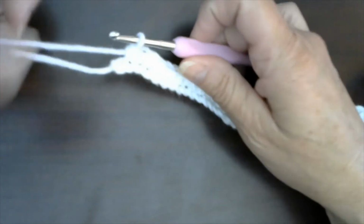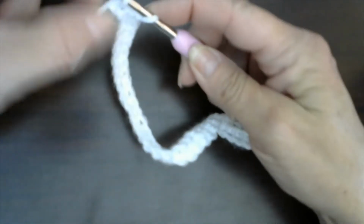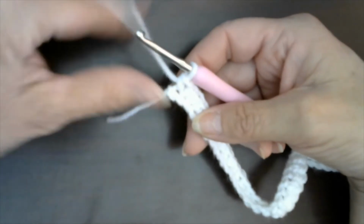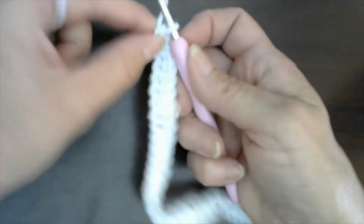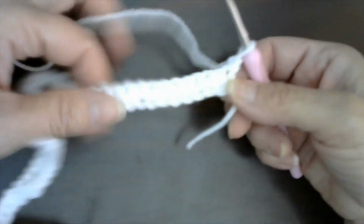I'm here at my last stitch, so I'm going to go into my last stitch and do 1 single crochet, and I'm going to leave this tail here because we're going to use it later. You could have left it a little longer, but when you get to the end, you're going to chain 1 and turn your work,